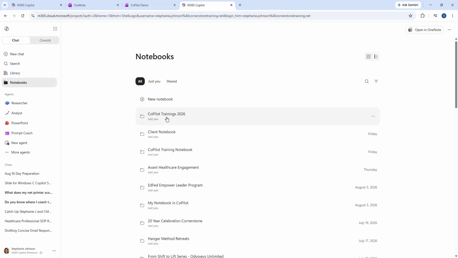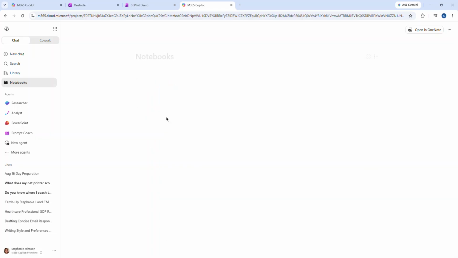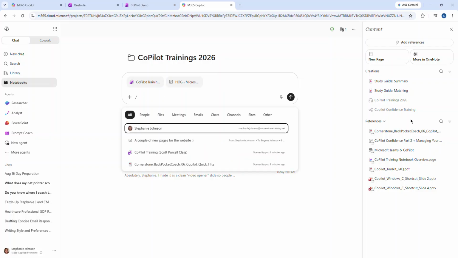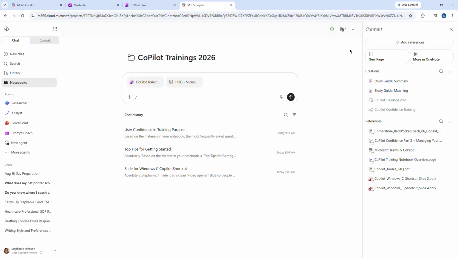I can go into the one that's called Copilot Trainings. And what would be nice is if I can see this right inside of my Copilot. So I'm going to do the forward slash Copilot Training Scott Purcell class,